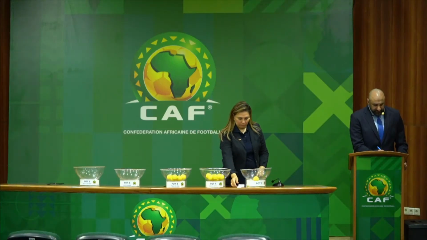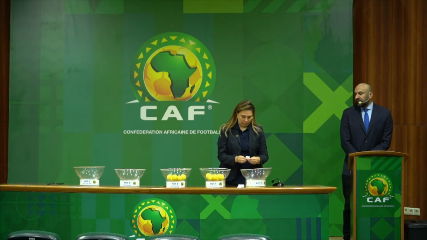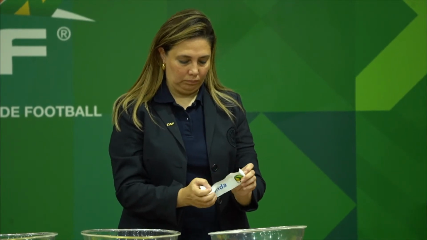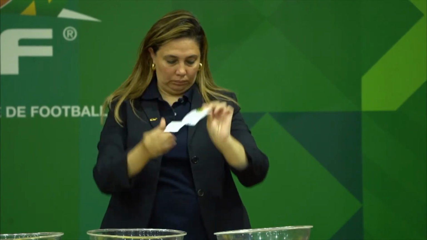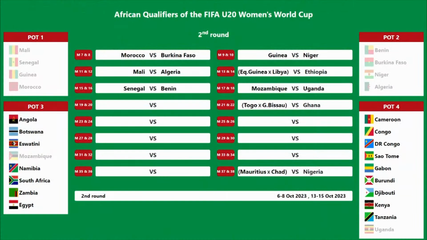Mozambique was eliminated from the second round in the previous edition. They will play the first leg at home against Uganda. Uganda was eliminated from the fourth round in the last qualifiers. The next fixtures: